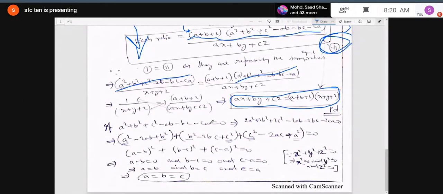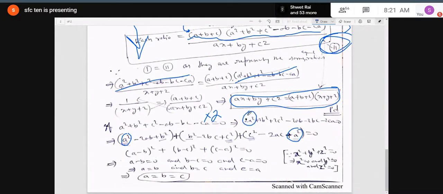So I have multiplied this whole equation by 2 on both the sides. So it will be 2a square plus 2b square plus 2c square minus 2ab minus 2bc minus 2ac, just to make a perfect square. And it will not make any difference if you multiply both the sides by 2. So I have written the terms separately, like 2a square I have split as a square plus a square and adjusted accordingly, according to 2ab side. So I have written a square minus 2ab plus b square minus 2bc plus c square minus 2ac plus a square.